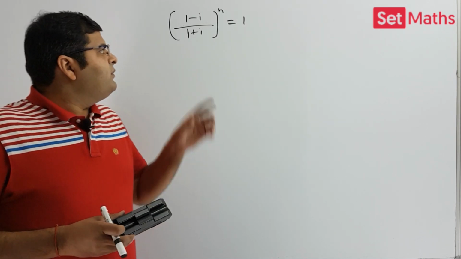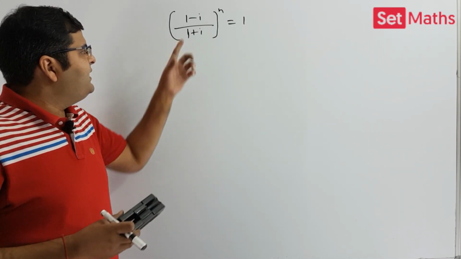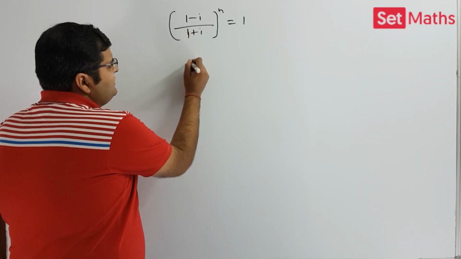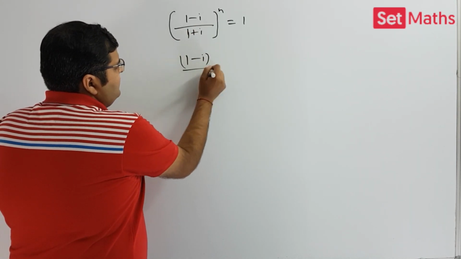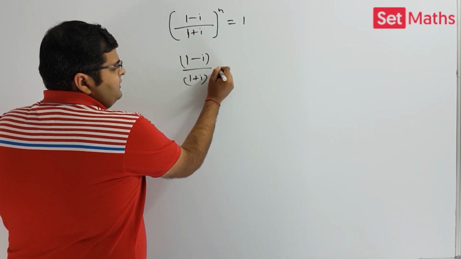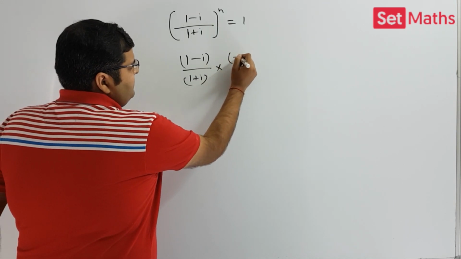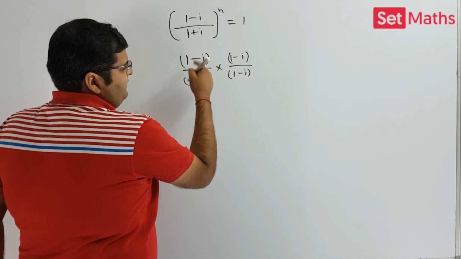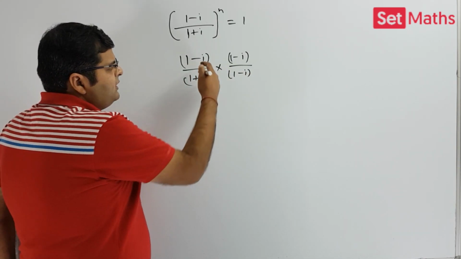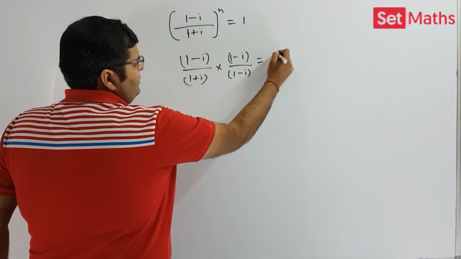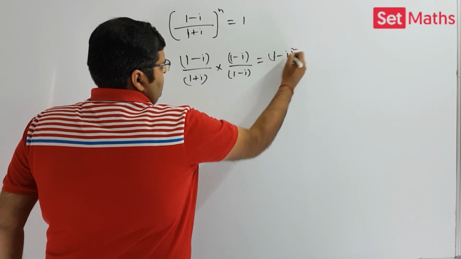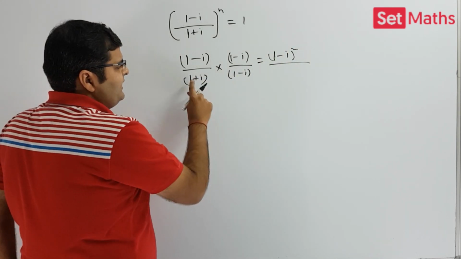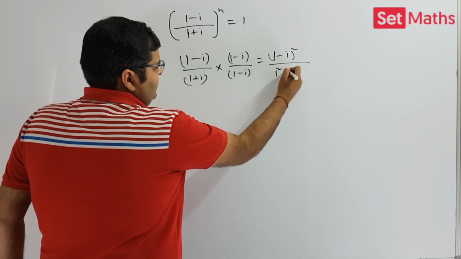Okay, so we have (1 − i)/(1 + i) whole raised to n equal to 1. First we'll find the value of (1 − i)/(1 + i). So what we'll do is multiply this fraction by (1 − i) and also divide it by (1 − i). So this will become (1 − i) whole square upon (1 + i) times (1 − i), that is (a + b)(a − b), that is 1